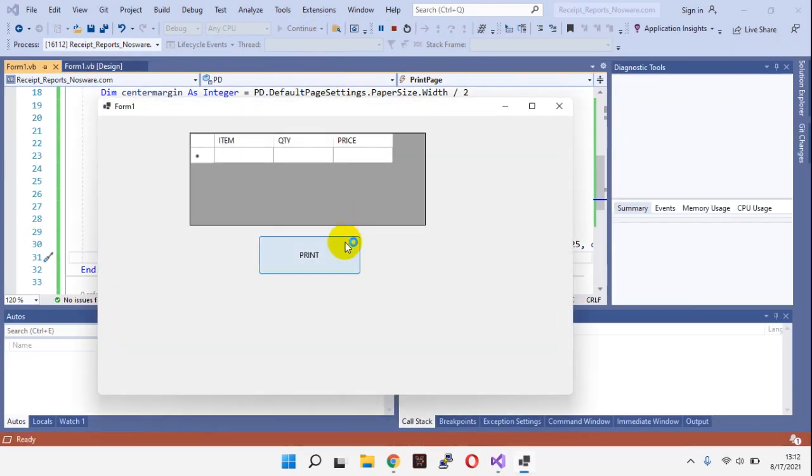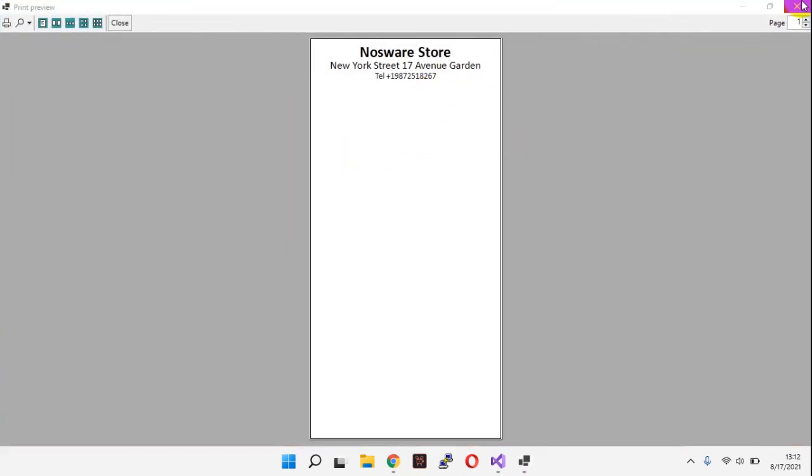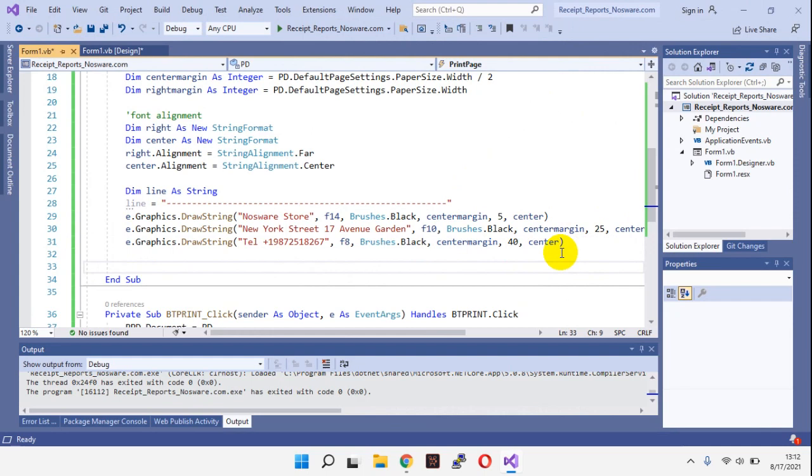Now we can check. Okay, now the top is done,